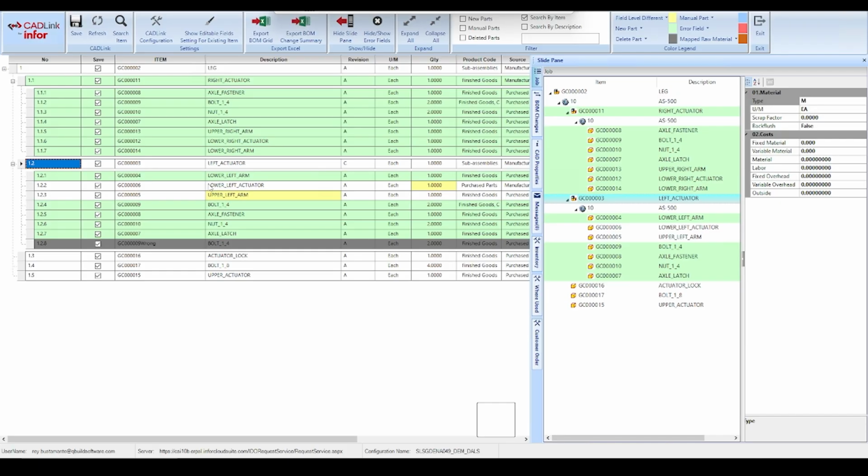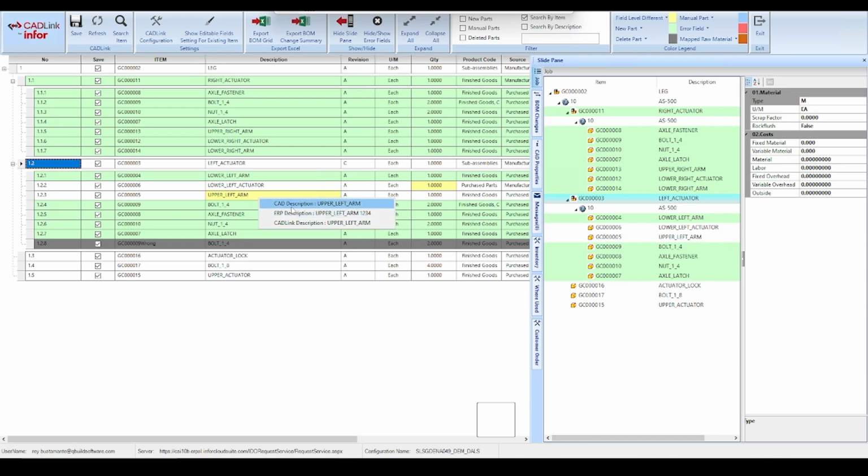However, you will notice that some of our white line items have a yellow highlighting on them. This shows a discrepancy of the information between the two systems. By right-clicking on our yellow description, you're able to see what the difference is. You can see the value from Windchill versus the value from Infor CSI,